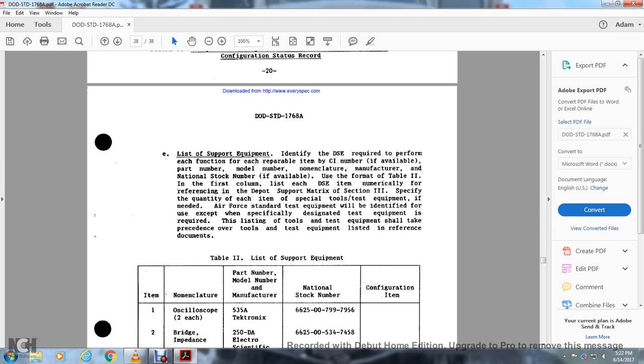In the first column, list each of the depot support equipment items numerically, referenced from the depot support matrix of Section 3. Specify the quantity of each of the items, specific tools, and test equipment needed. Air Force standard test equipment will be identified for use except where specifically designated testing equipment is required. The listing of the tools and testing equipment shall take precedence over the tool and testing equipment